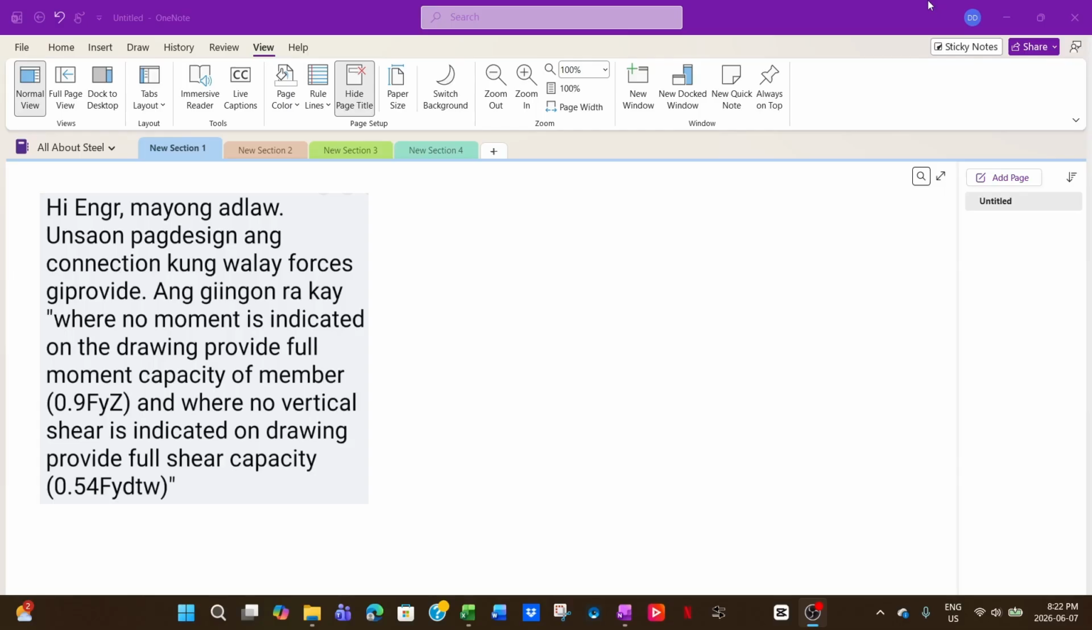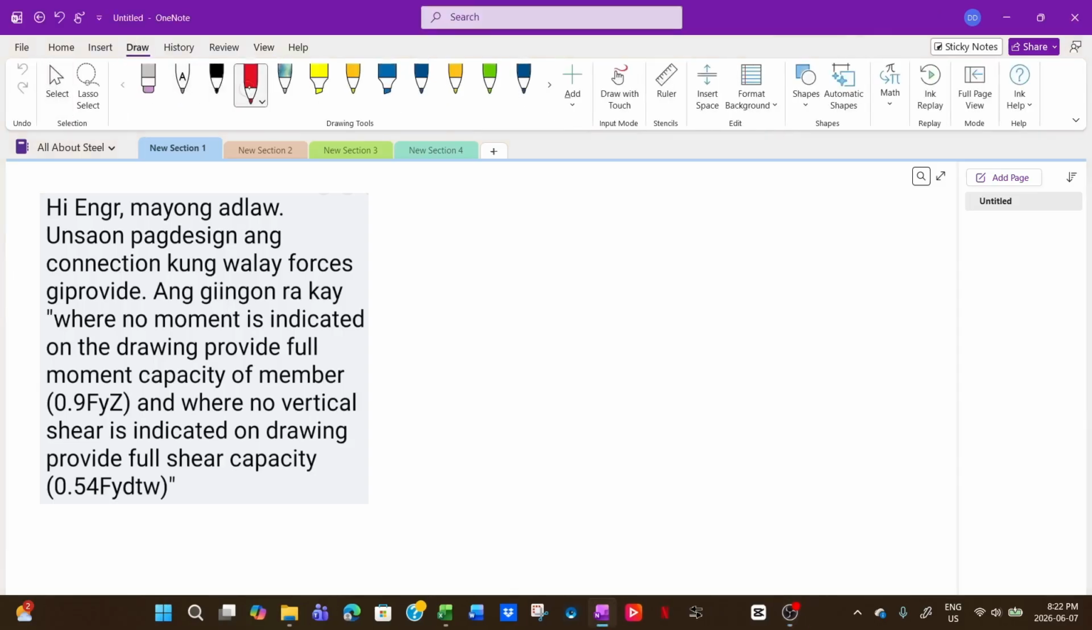and it only said in the plan that where no moment is indicated in the drawing, provide full moment capacity of member, 0.9 Fy Zx, and where no vertical shear is indicated in drawing, provide full shear capacity of 0.54 Fy d tw. So basically,